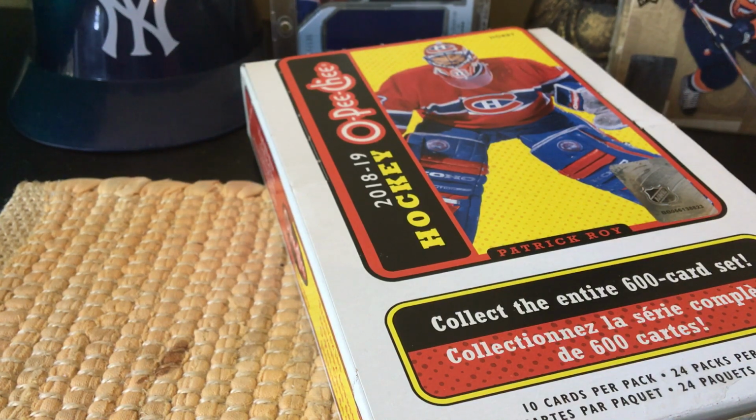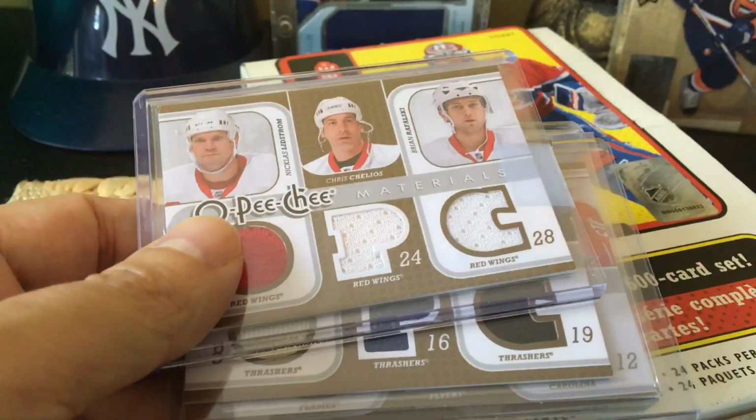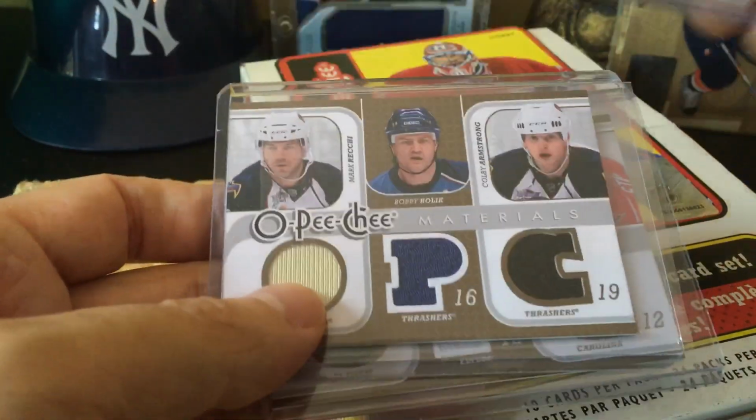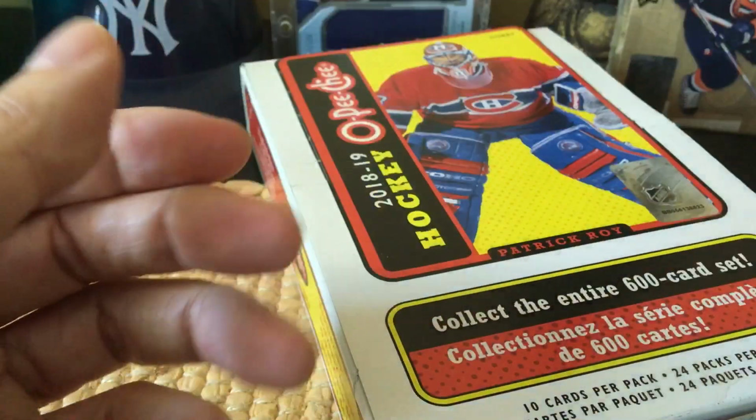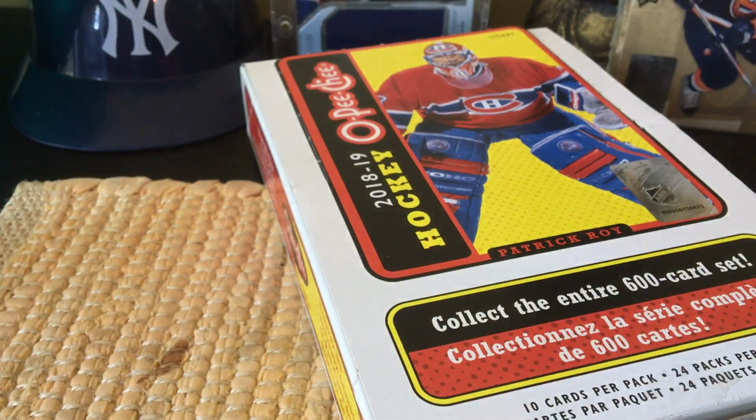So they used to have case hits. I don't think they do anymore. I've always been a big proponent of it, because historically there were these cool inserts, case hits, such as these material cards. There were also auto case hits, but they don't exist anymore. Now the case hits are manufactured patches, so it's a bit of a different thing. And I've been collecting these since I have sets going back all the way to 1971-72, which was Dryden's LaFleur's rookie year, with the oval photographs on the top of the cards. What you need to know is that you will get 1 out of 24, you'll get a gold